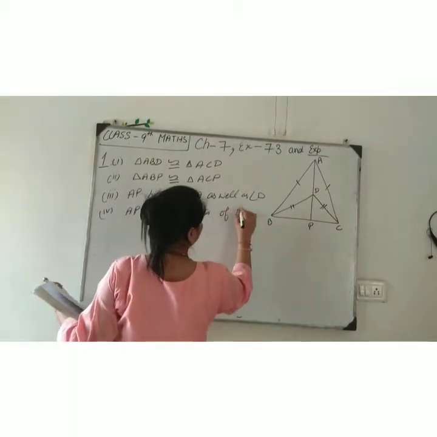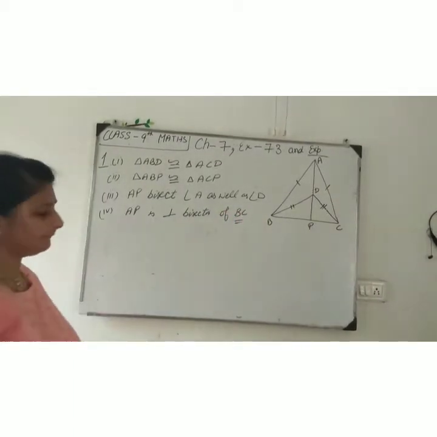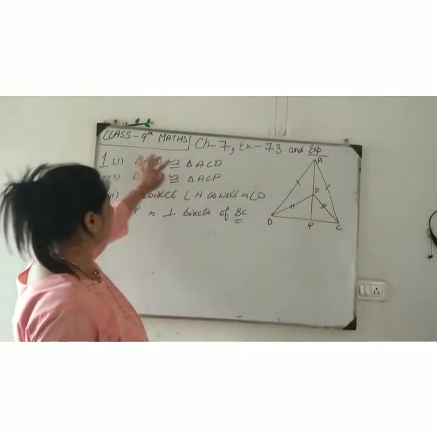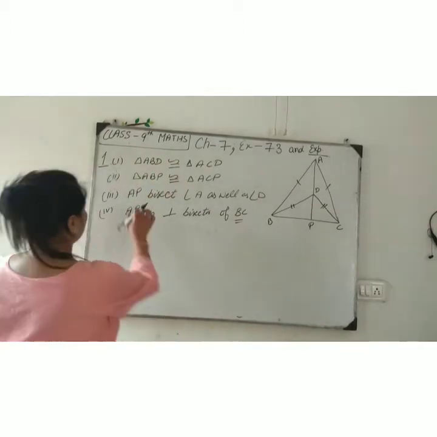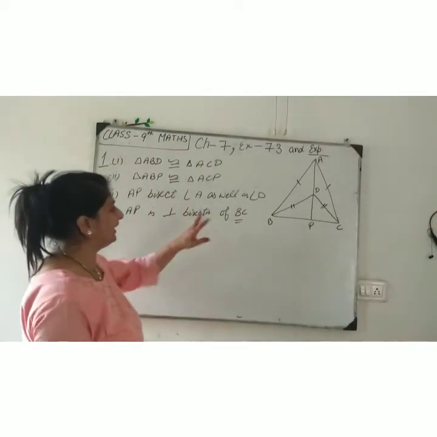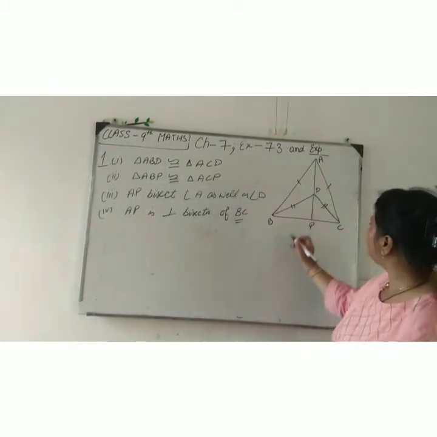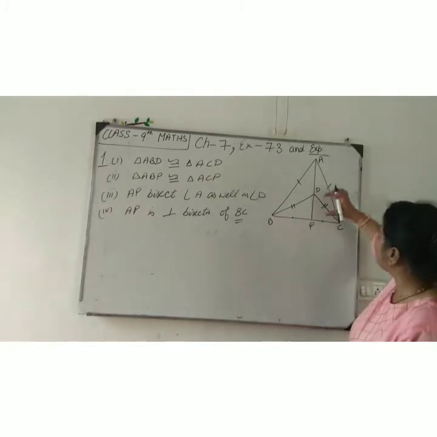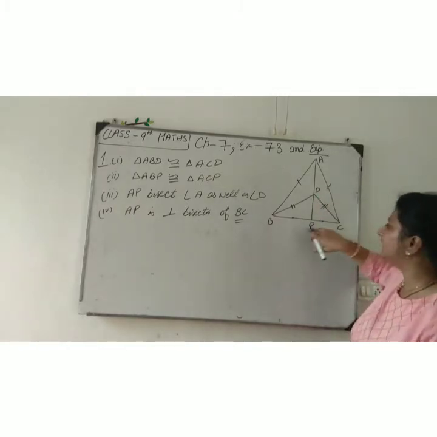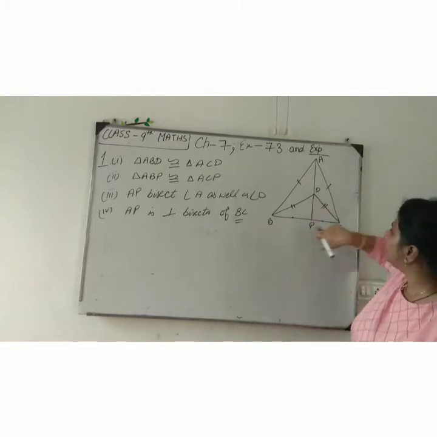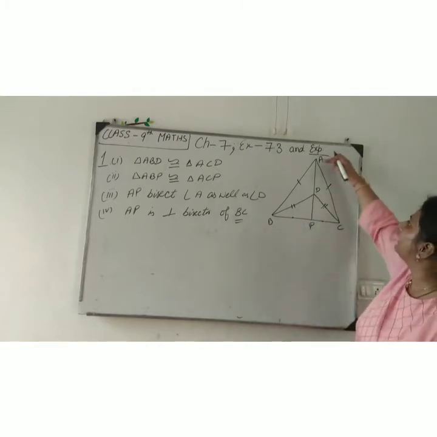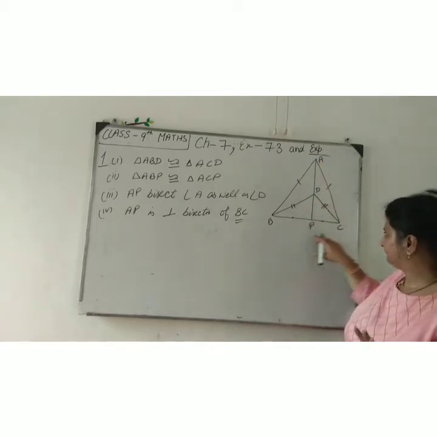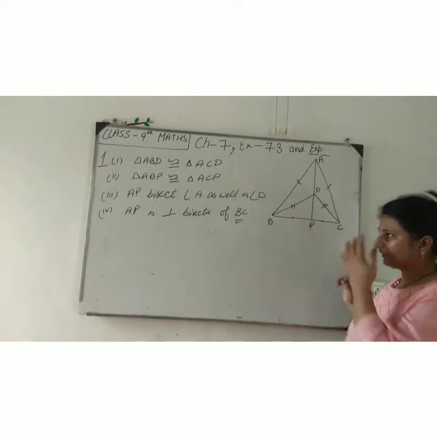of BC. Clear? It means first I prove that this one is congruent, this one is congruent. Now go with part three. AP bisects angle A as well as angle D. It means if I prove that BP and PC are both equal, then it is clear that PD divides BC into two parts. If PD is dividing BC into two parts, it means angle A is also a bisector of BC. Now is it clear?